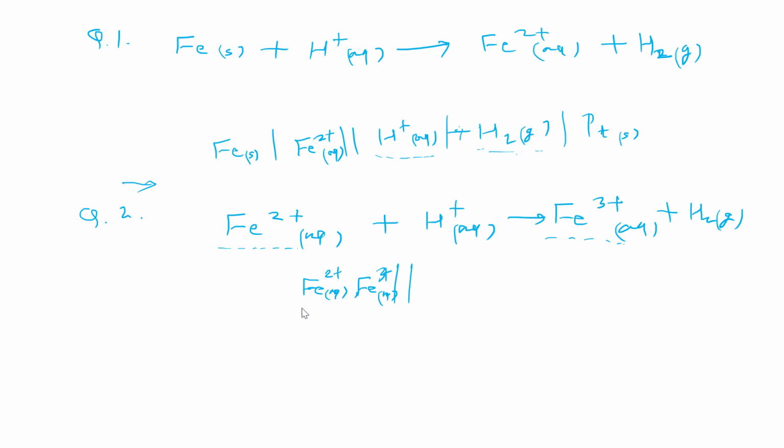And here the sequence doesn't matter, you can mention it in any order. Okay, got it? So do remember this thing. Now this reaction, as you can see, is not balanced. If we balance this reaction, then we can write 2 H+ here and 2 here also for electron balance. And we are not taking the stoichiometric coefficient in the representation, so you can note down this point also. The stoichiometry of the reaction is not mentioned in the representation of the cell.